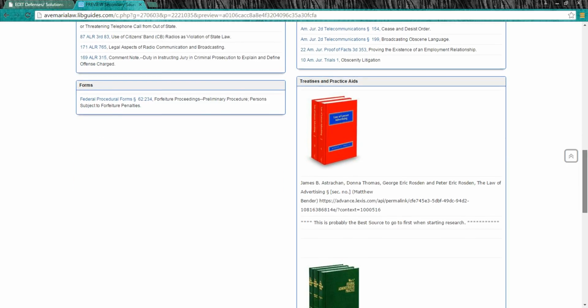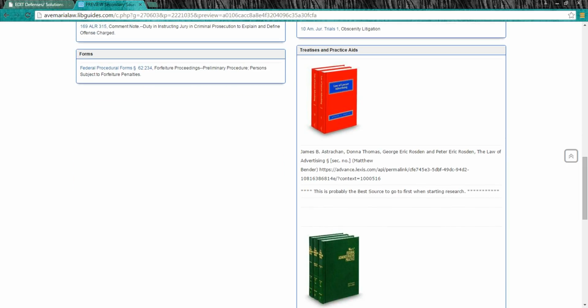And then my favorite secondary source was the treatise that I found. And I had actually never really used a treatise before in law school ever. So this was the first one I ever really kind of looked through, and it was fantastic. It had so much information. It's written by four law school professors from around the country, and it was just wonderful. It's called